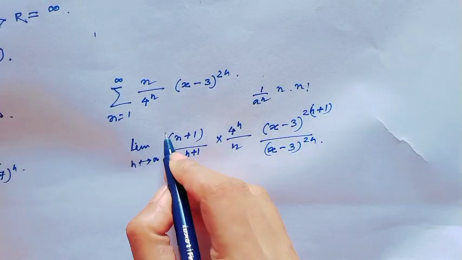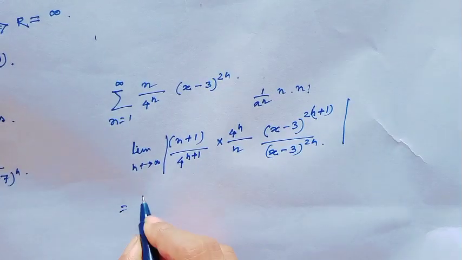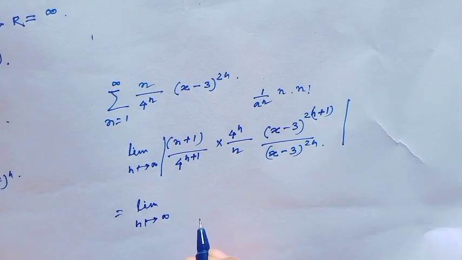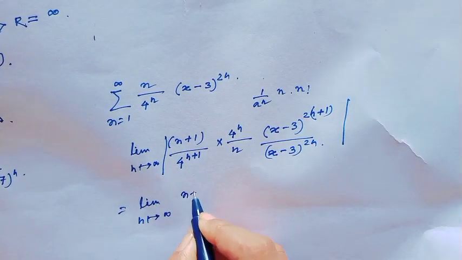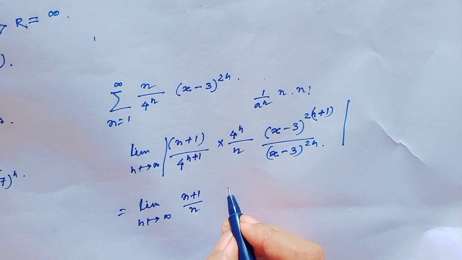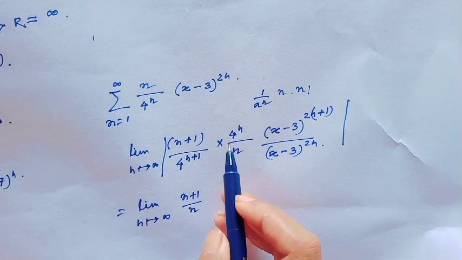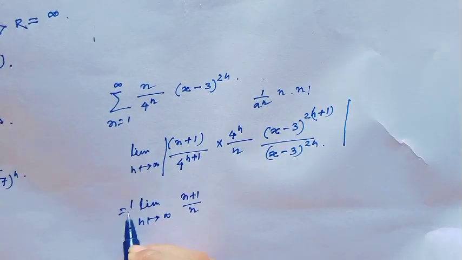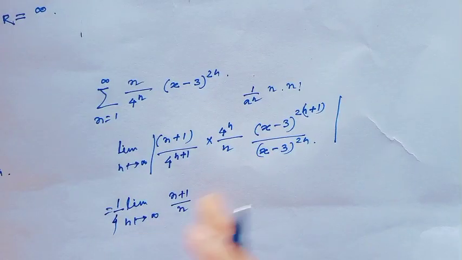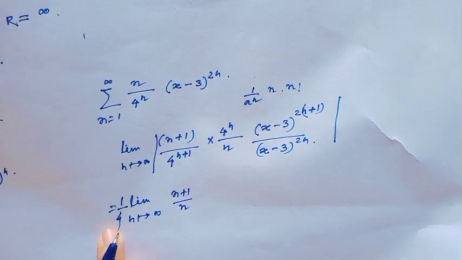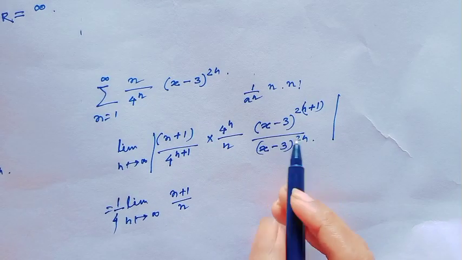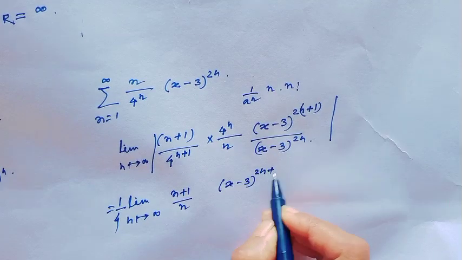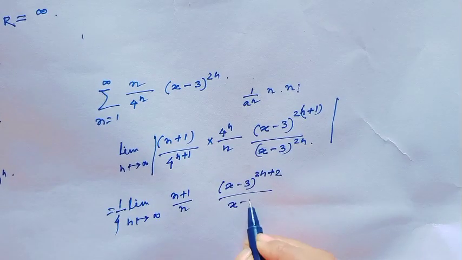Therefore, taking the absolute value, this implies limit n goes to infinity, n plus 1 over n, and 4 to the power n plus 1 over 4 to the power n would cancel, that means this would be 1 over 4, and (x minus 3) to the power 2n plus 2 over (x minus 3) to the power 2n,